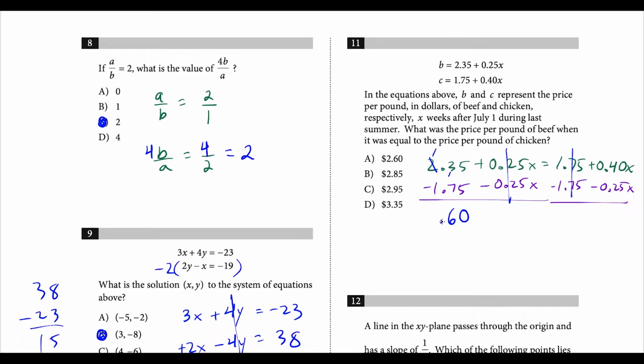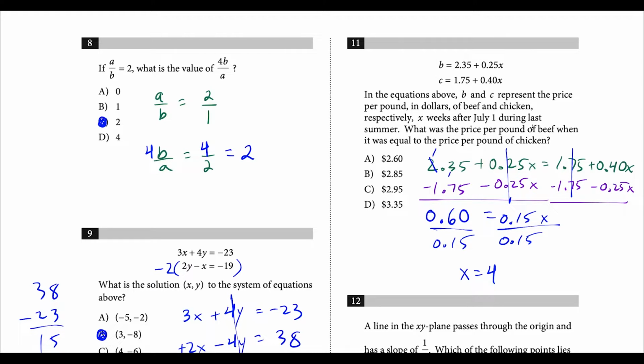This will make 6. And we'll have 0.60 is equal to, and now 0.40 minus 0.25, I'm just thinking here, 40 minus 25 is 15, but there's a decimal in front. So we have this, and then we have our x attached to our decimal. So now just divide like this. And notice this is the same thing as doing 60 divided by 15. So right away I see here x is equal to 4,